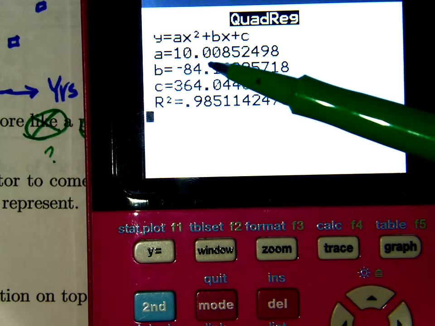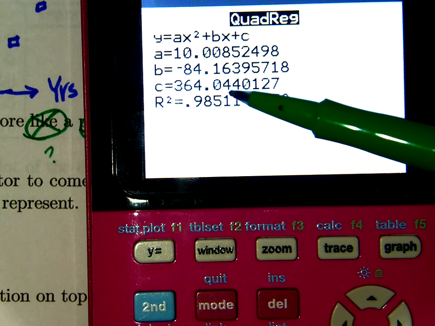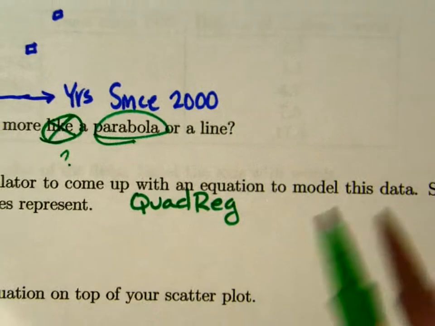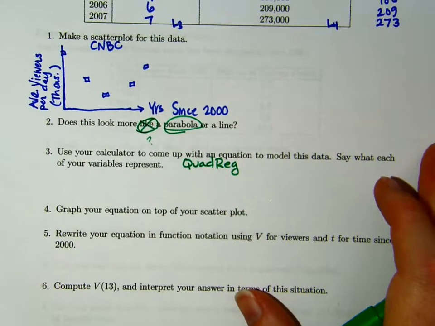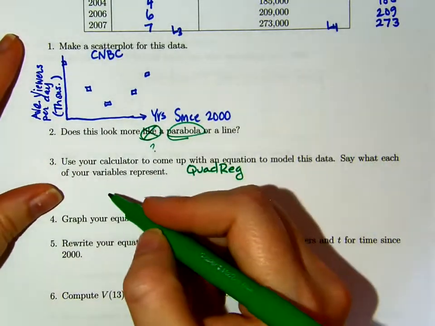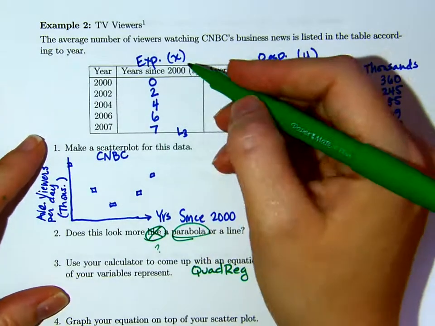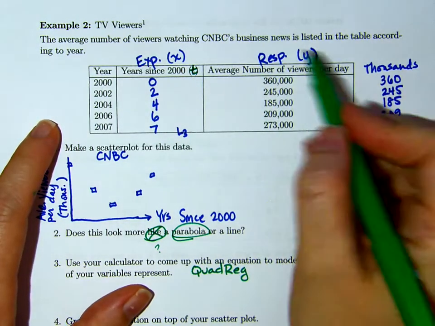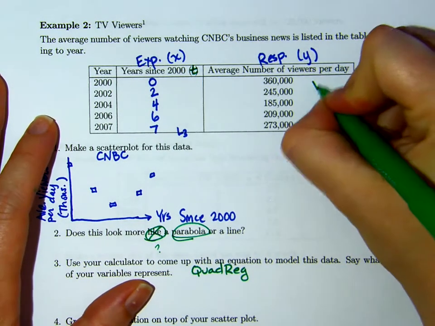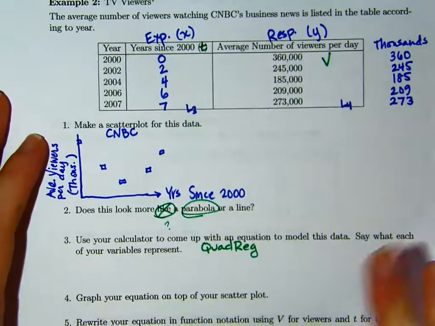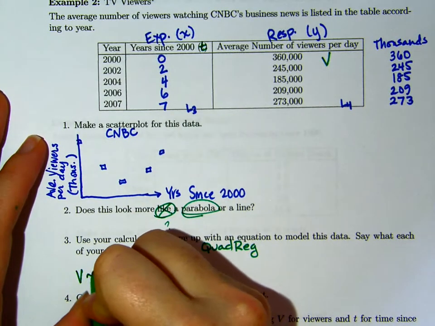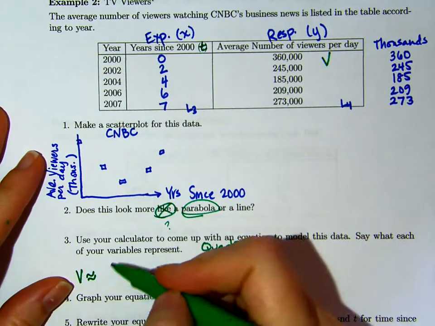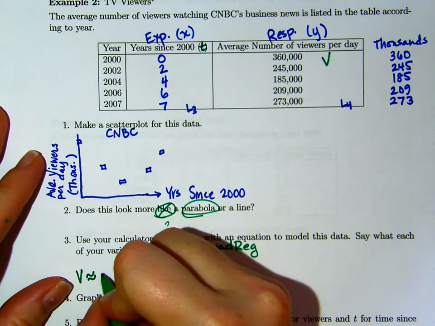Okay, and now we have an A and a B and a C. And I'm going to round to 2 decimal places, rounding to the hundredths place. I'm going to go with, so we have a T here for years since 2000 and the average number of viewers. I'm going to go with V for viewers. Okay, so V is approximately, because remember this is a model based on data,